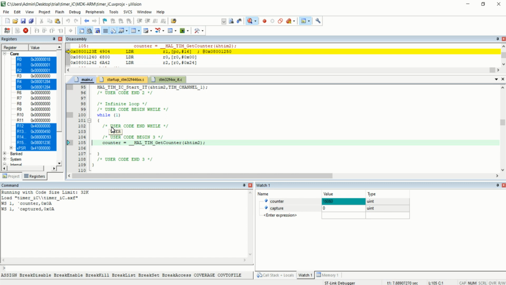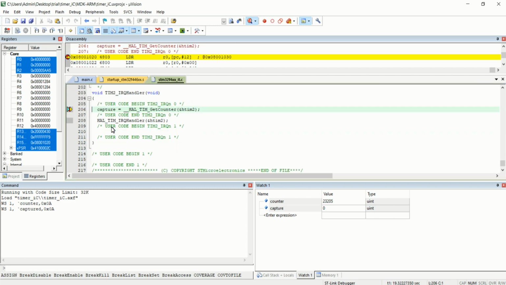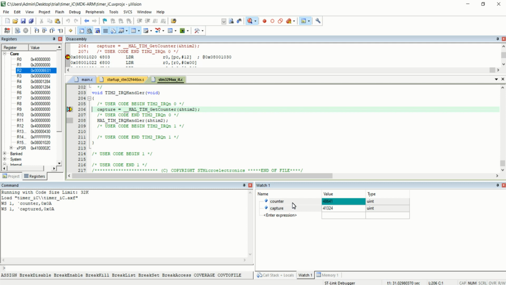And when I press the user button, the timer peripheral will be interrupting the processor and the interrupt handler will be called, right? So I'm pressing the button and releasing it. Now you can see the program execution has arrived inside the timer 2 IRQ handler, and when I run the program again, it goes back to the main function and the counter is counting upwards. Again, when I press the user button, the execution is now available inside the timer 2 IRQ handler. It has been stopped. Again, when I run the program, it continues its process.